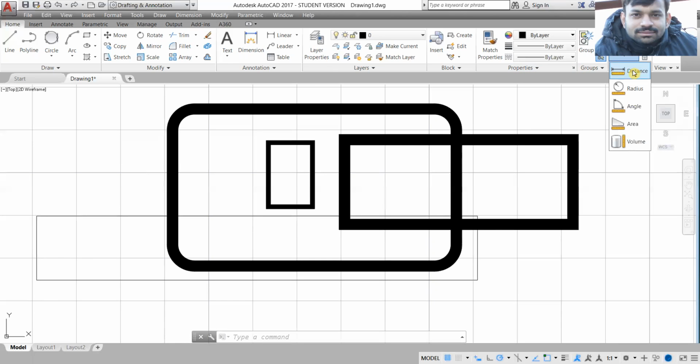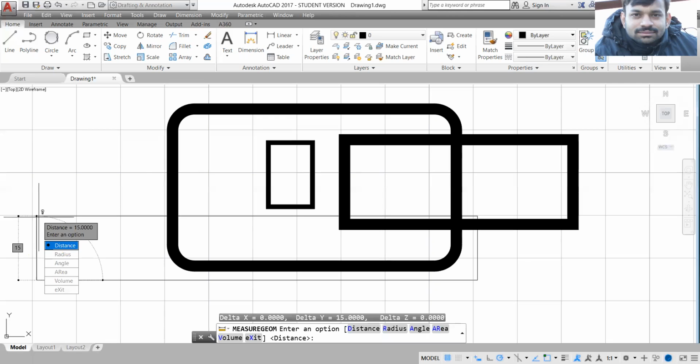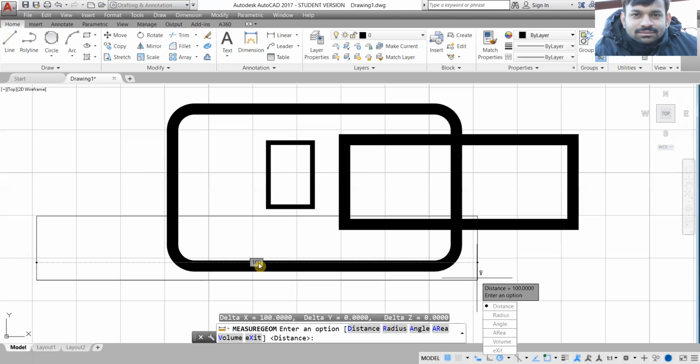Let me show you by measuring the distance. So its height is 15 and the remaining side would be 100 units. So 100 multiplied by 15 is 1500, and the area of the rectangle is 1500 units. Okay.